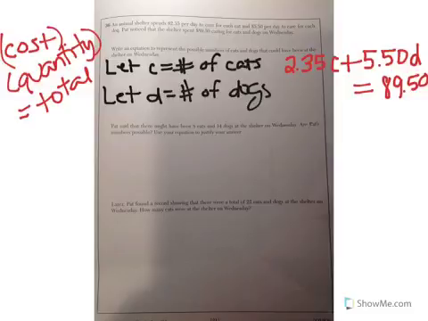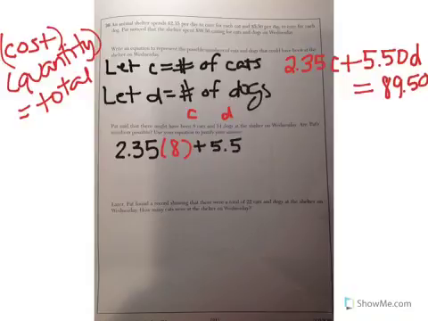Okay. Pat said that there might have been 8 cats and 14 dogs at the shelter on Wednesday. Are Pat's numbers possible? Use your equation to justify your answer. So we're going to do basically a check, and we're going to substitute 8 in for C and 14 in for D. So what we'll have is 2.35 times 8, which is the number of cats, plus